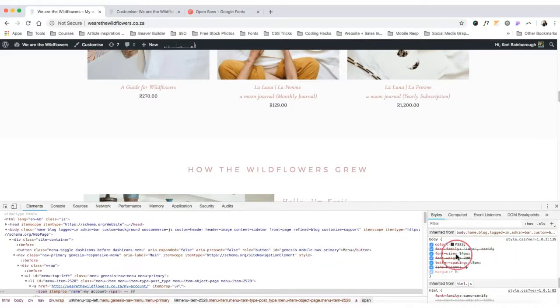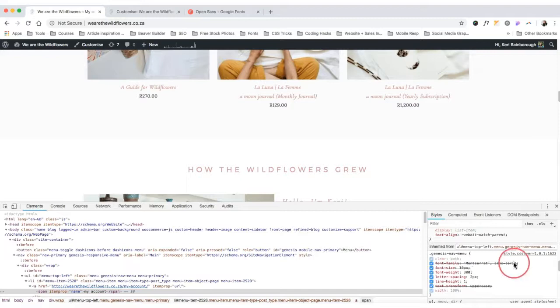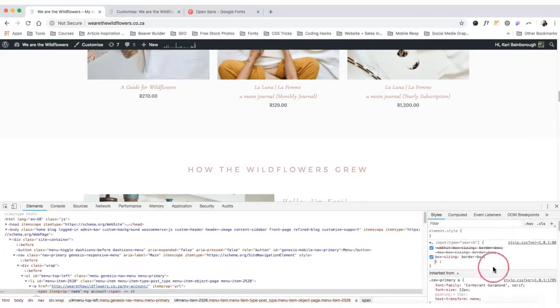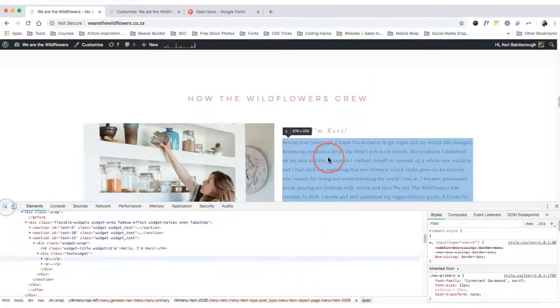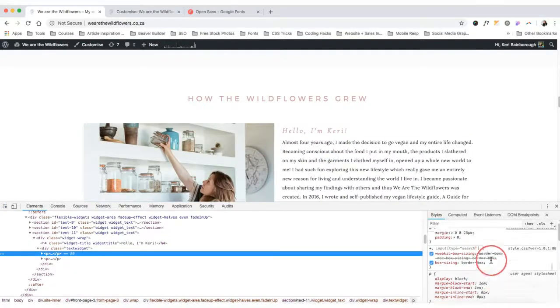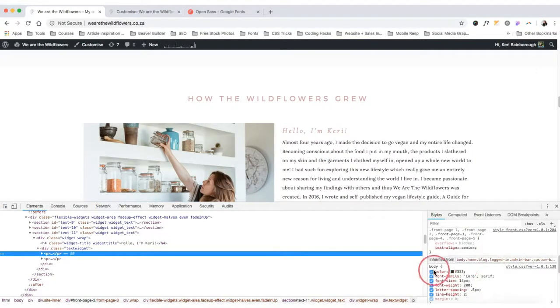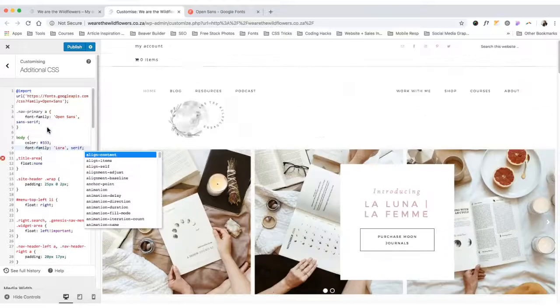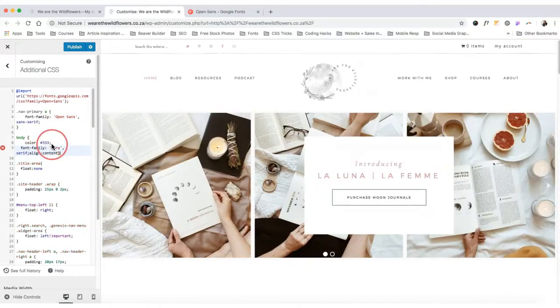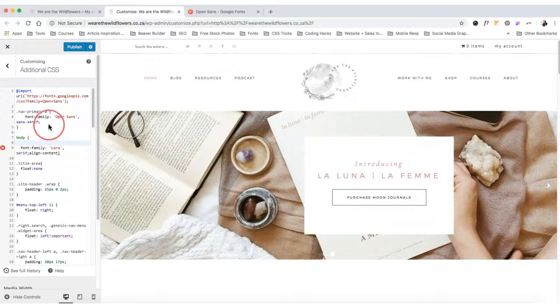If it's sort of scraped out like this, then you'll notice you'll scroll up and you'll see that the font is actually declared somewhere else. So that font takes preference. Now, if I hover over, let's say this section, you'll see, scroll down, the body copy becomes Laura. So then I would simply take body, copy that, or we could copy this whole section here, put it in here, and make sure we close the brackets, take out the color because we're happy with the color,